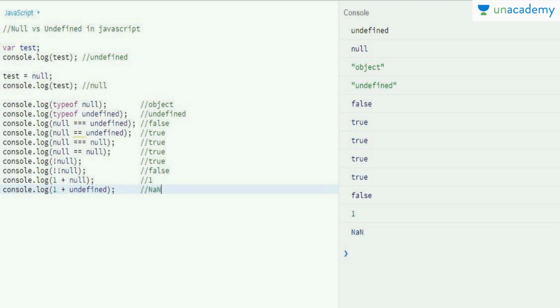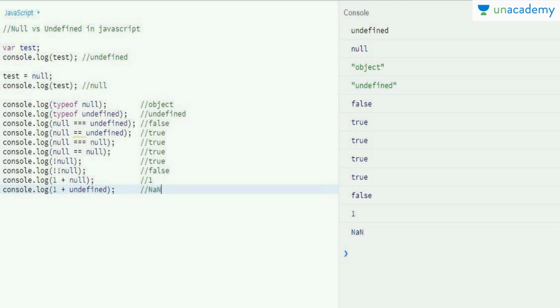After that I have printed the value of not null. Not null is true. Why? Null means false in JavaScript, because everything in binary is 0 or 1.